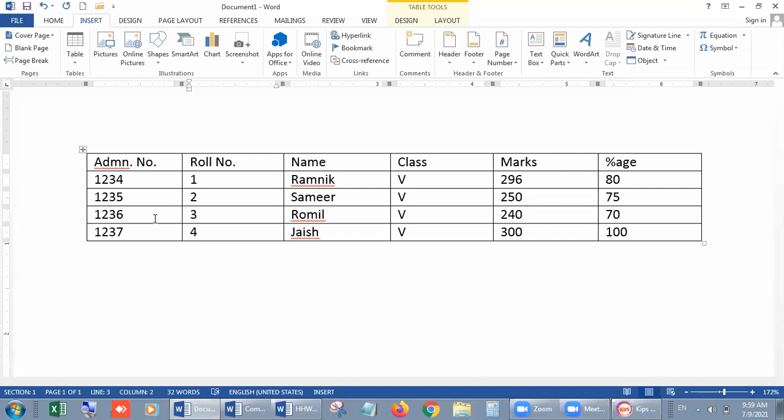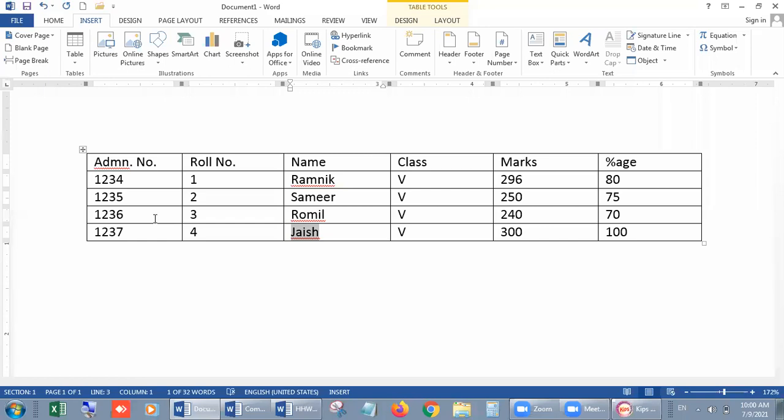Now I want to clarify one more important thing. I told you that if you want to jump to the next cell, you have to use the tab button. But if you want to come back to the previous cell, you can also use the tab button, but with the shift button.